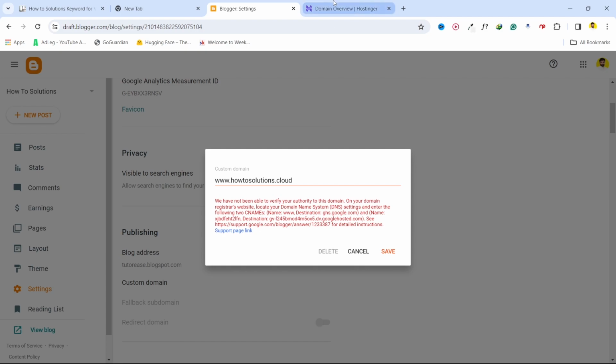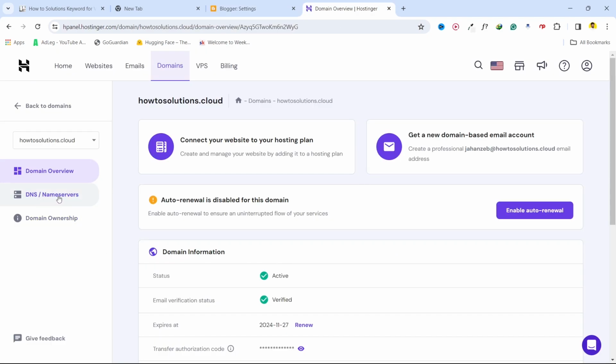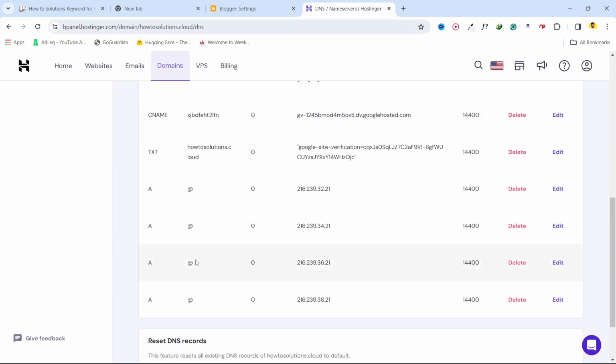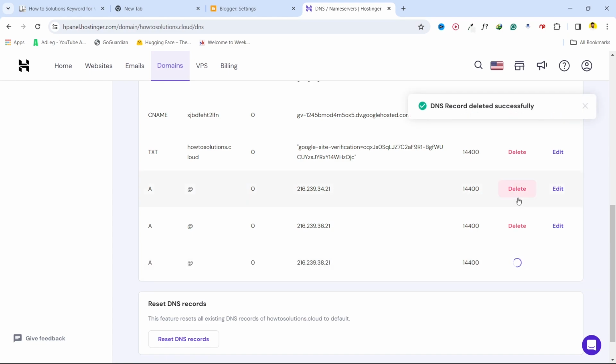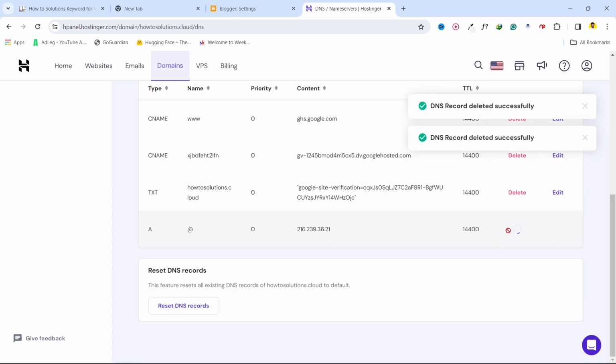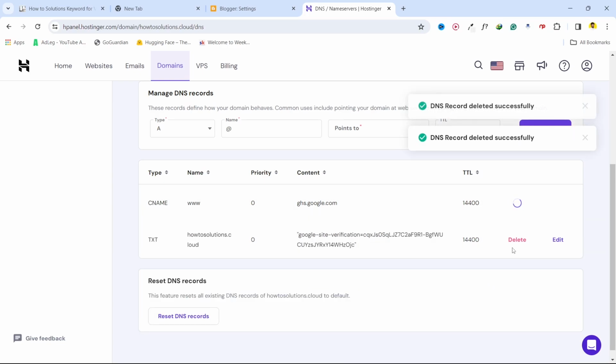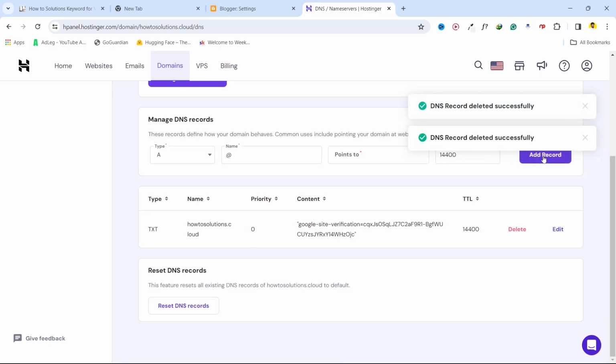So the next step you need to go to is your DNS and name servers. And first you need to delete all of these. So let me delete this all record. So once your all record is deleted,